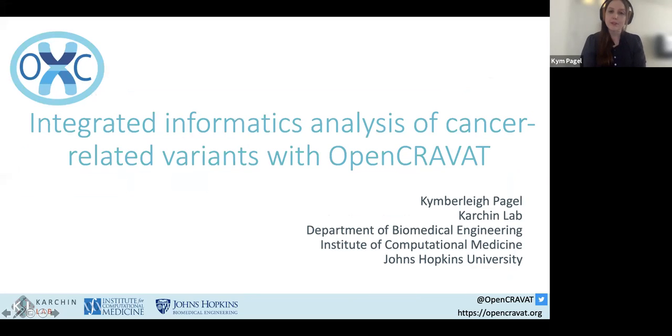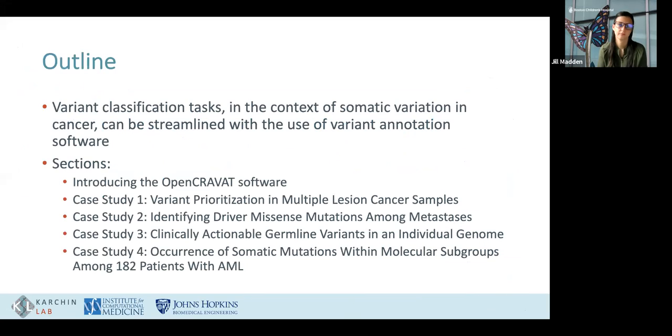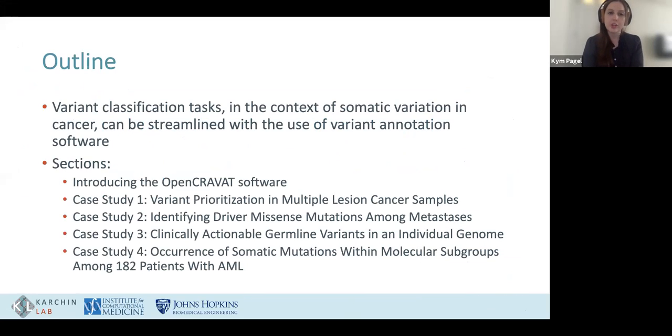This talk will be primarily going over the paper discussed, integrated informatics analysis of cancer-related variants with OpenCravat. The talk can be broadly grouped into two sections, but there's one overarching theme, which is that variant classification tasks, in particular for this talk in the context of somatic variation in cancer, can be streamlined with the use of variant annotation software. This can incorporate things like predictive methods, but can also incorporate other things, including genome annotations